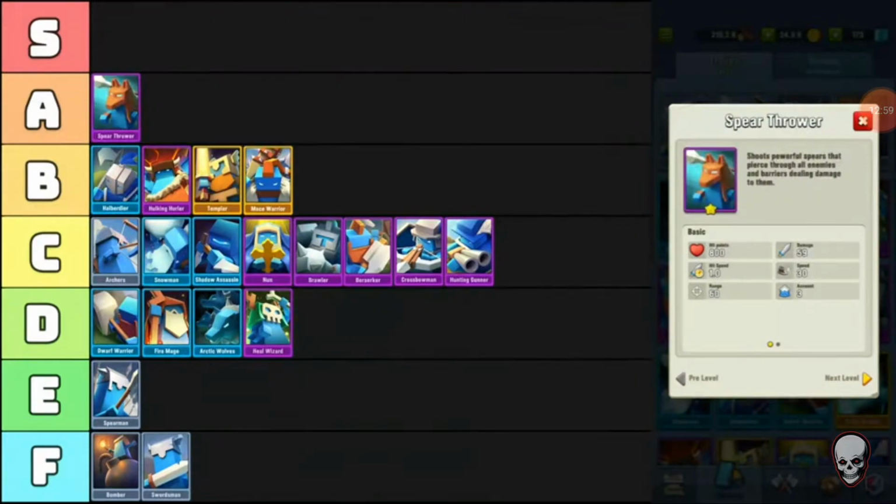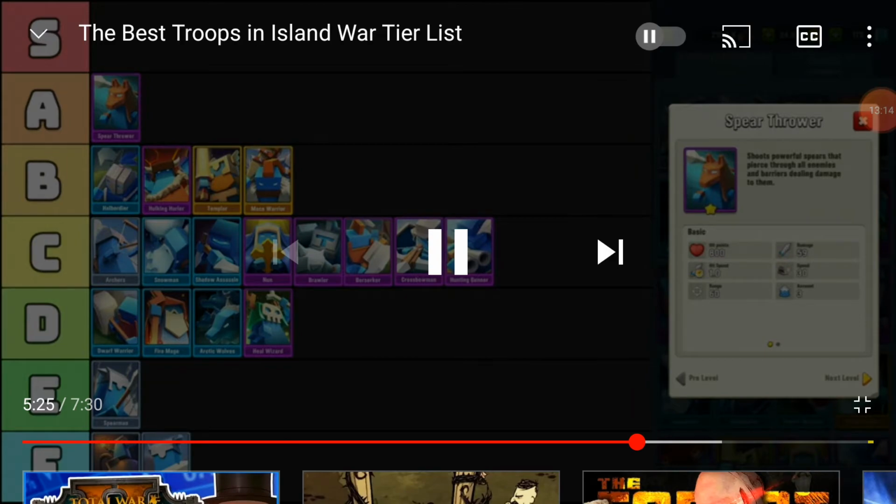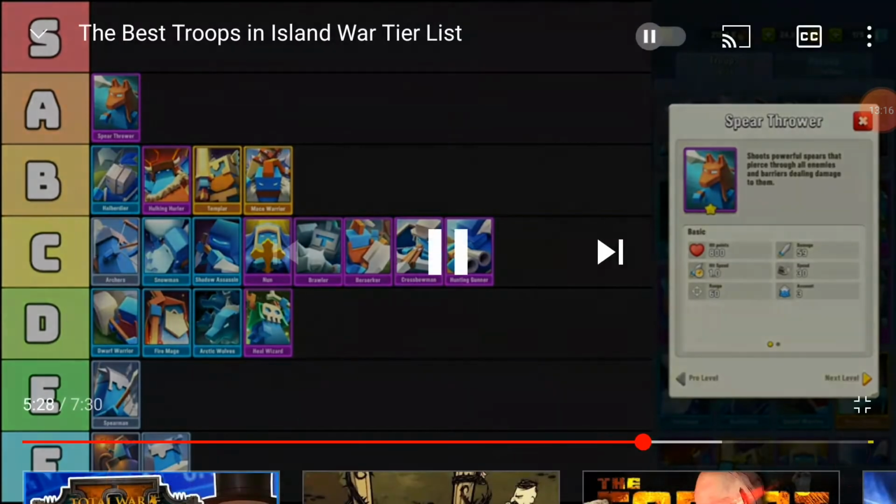In the A tier, we have the Spear Thrower that shoots powerful spears. I'd give Spear Thrower an S. So far, it just seems like he's underrating things. But I'd give Spear Thrower an S. He's got good damage that increases over time, and it's an AoE of sorts that pierces through all enemies and barriers, dealing damage to them. The Spear Thrower is basically like a Peltus from Art of...